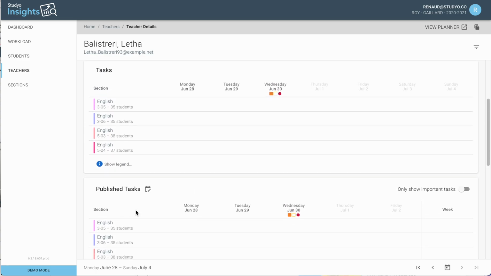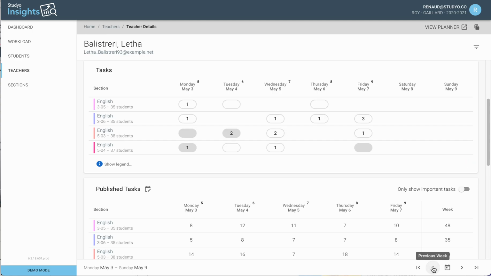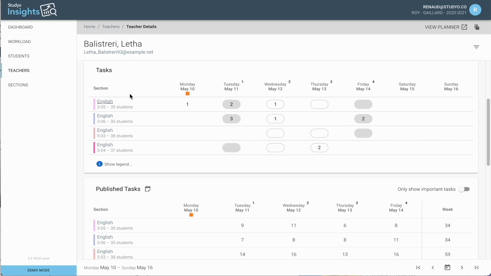you different indications. Let's navigate in this school a little earlier in the school year, where I know there are some tasks, and I'll describe what's going on. So this is a teacher in our school. They have 4 sections that they teach in English, and what you can see here are the different days of the week. Of course, any special days like a ped day or holidays will show up, and then you'll see